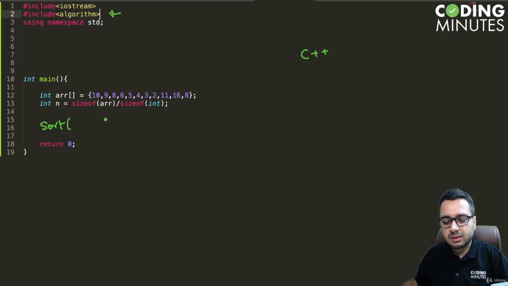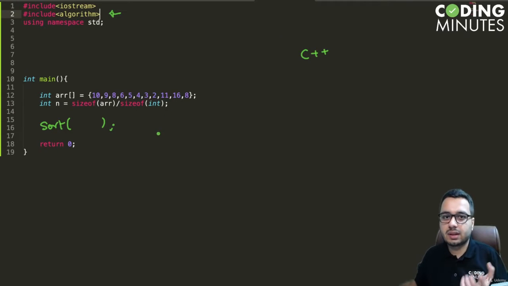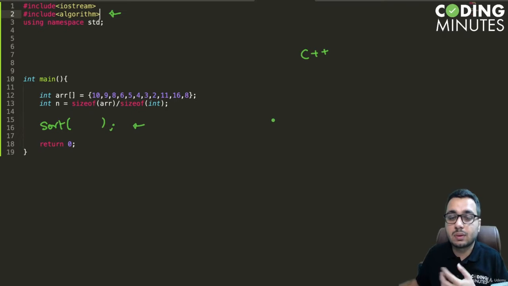This is a very powerful function. It has a lot of use cases, because when you are solving a complex problem and sorting is a small part of the problem, you won't get enough time to write a sorting algorithm on your own. Most of the time it is recommended you use the inbuilt sort function, and for most types of arrays it will work, and in some cases other sorting algorithms such as counting sort